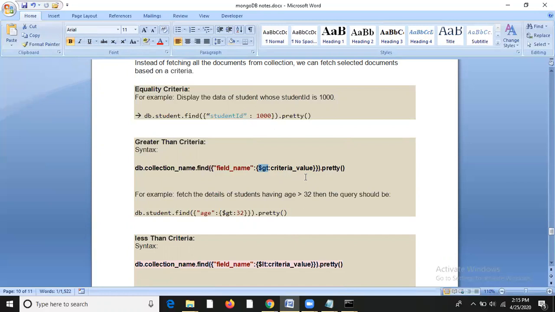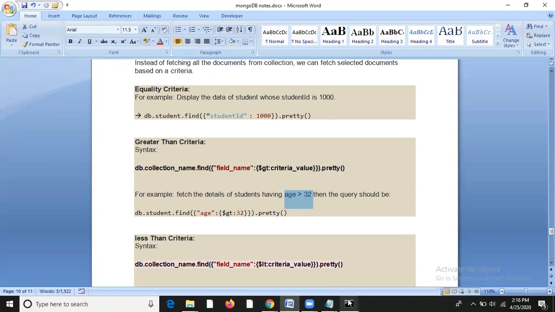For example, fetch the details of students having age greater than 32. Now I want to display the records of students whose age is greater than 32. In that case, we have to use $gt. So the command will be